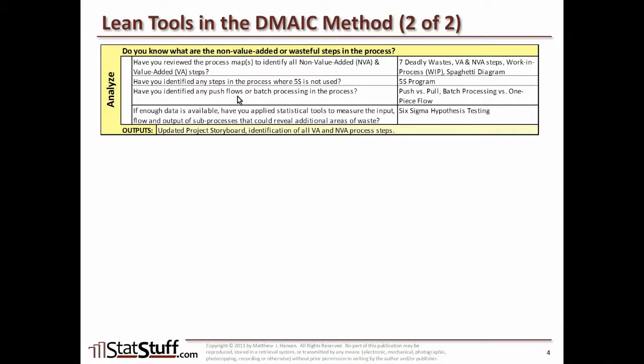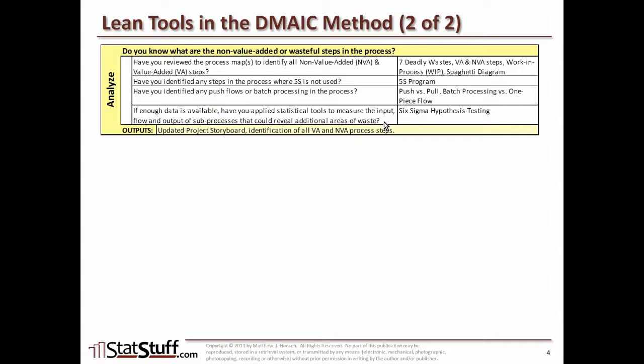Next, have you identified any push flows or any batch processing that exists in the process? Well, these are using the concepts of push versus pull and batch processing versus one-piece flow that can help in identifying these potential forms of waste. And if enough data is available, have you applied statistical tools to measure the input, flow, and output of sub-processes that could reveal additional areas of waste? This is where you're applying some of the Six Sigma hypothesis testing and those kinds of tools that might apply to the data that can help us to find these different areas of inefficiencies or areas of waste within the